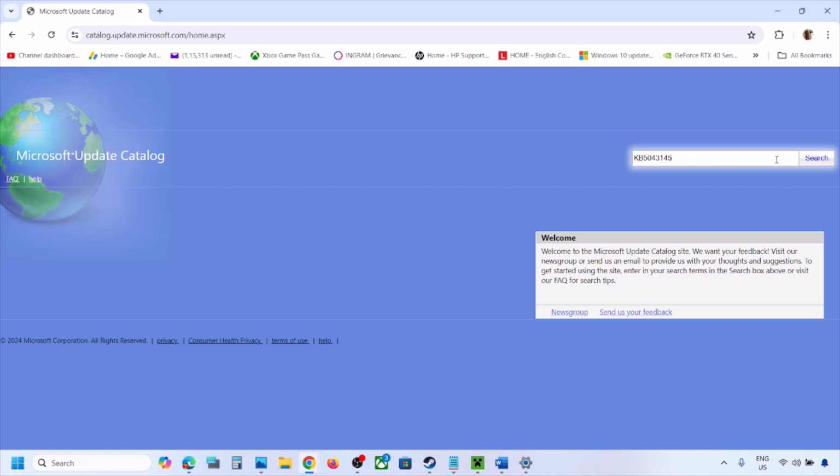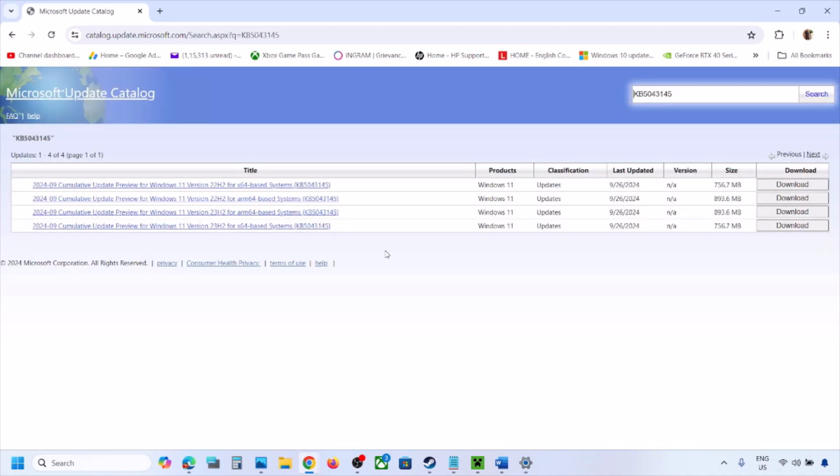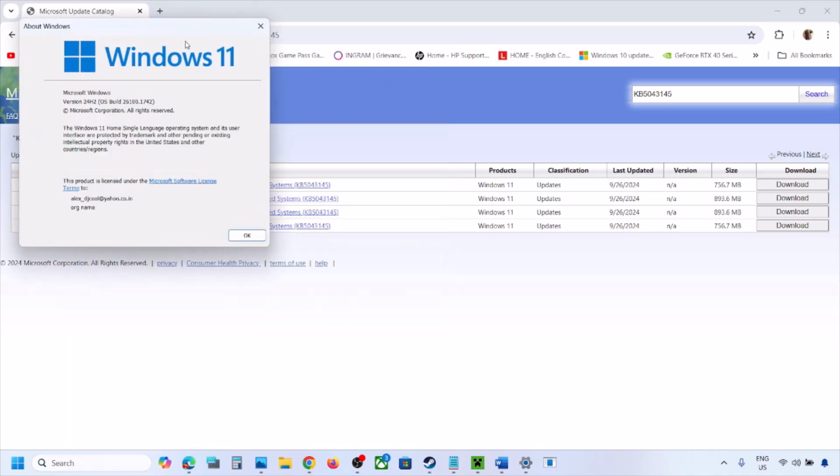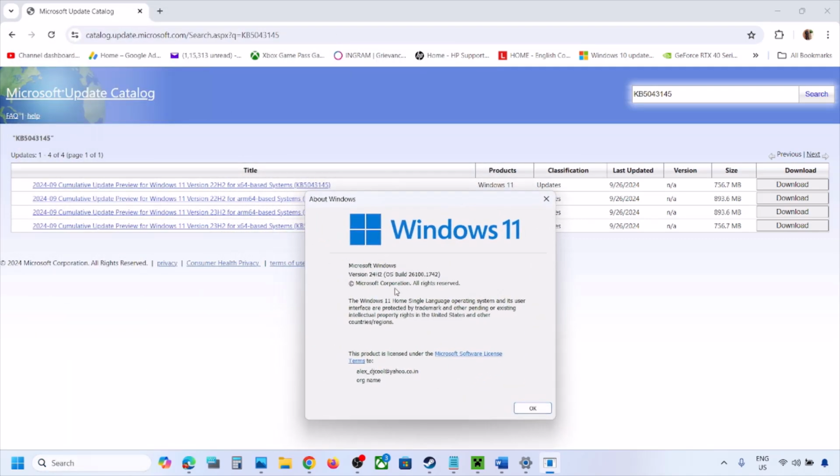This is just an example. So click on search now and then select the right version. You have to download the right version. For this, type in WINVER in Windows search box, then click on WinVer, and here you will see which version you have. In my case, it's version 24H2. So find 24H2 in the list and download that particular one. For this update there is no 24H2, but as per your version, you have to download the